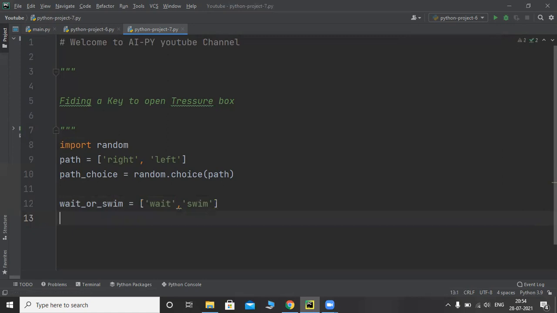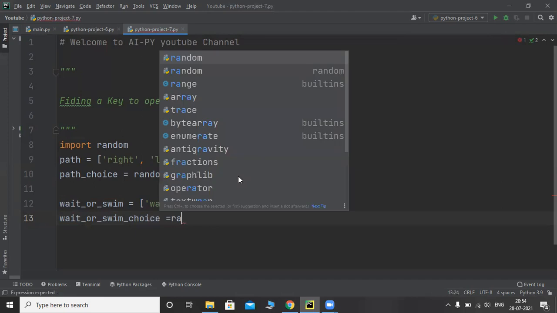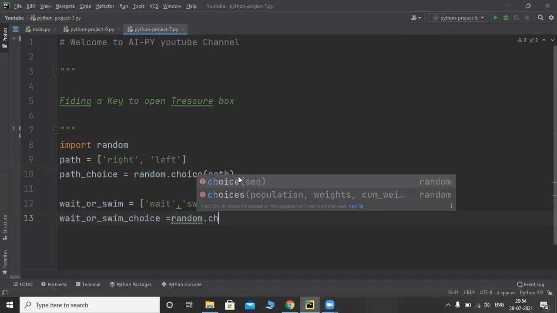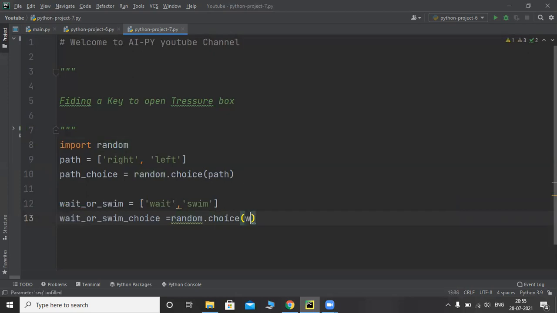For this also I will create a choice, swim_choice equals random.choice. Here we need to pass the variable wait or swim. So this is for the second stage.